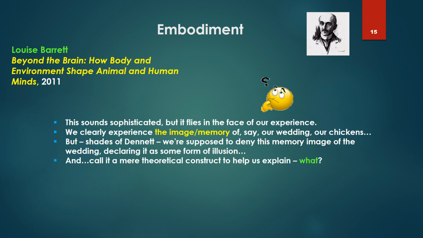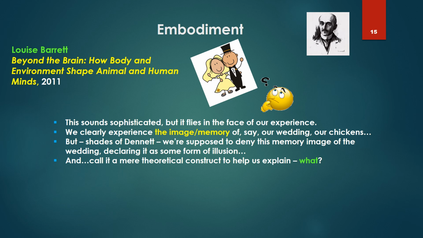Now, this sounds very sophisticated, but it flies in the face of our experience. In fact, that's why it sounds sophisticated, because it flies in the face of our experience. We clearly experience the image or memory of, say, our wedding or our chickens. But shades of Daniel Dennett, in his mind we're talking about conscious experience itself, we're supposed to deny this memory image of the wedding,